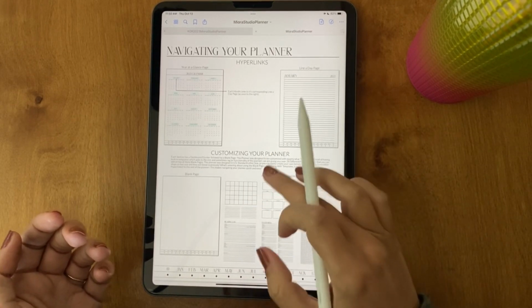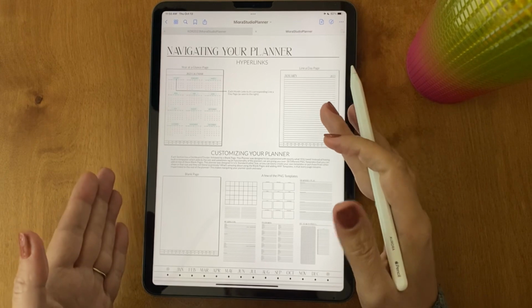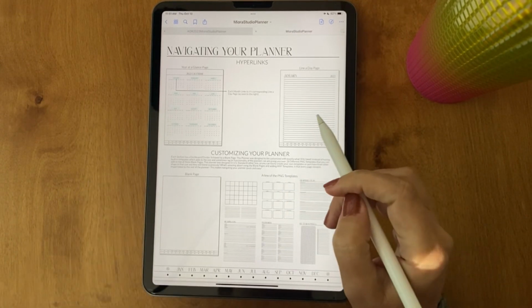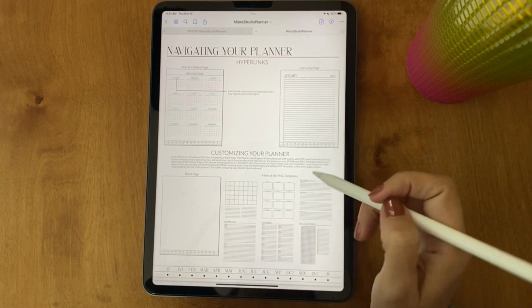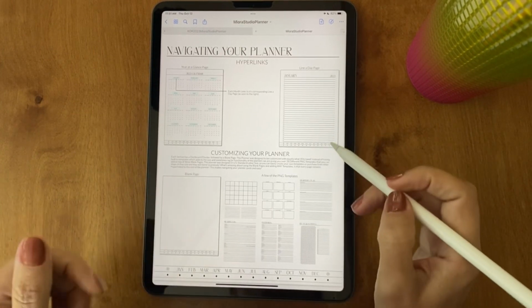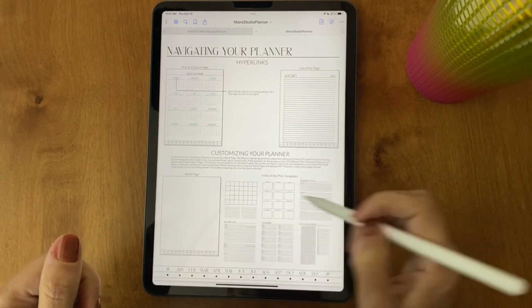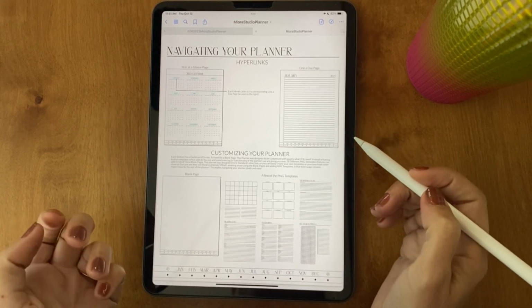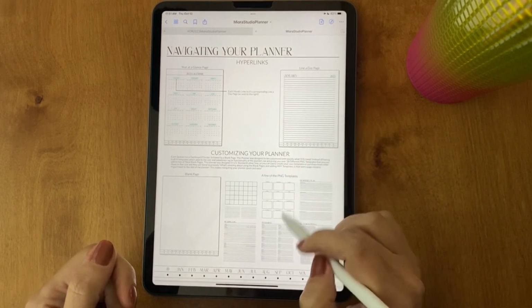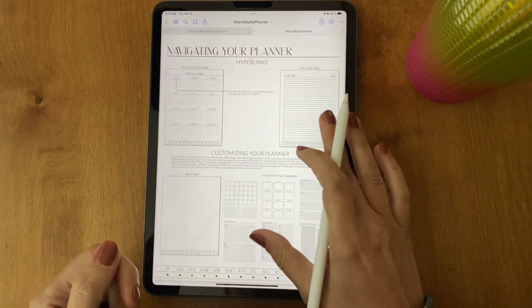Customizing your planner with the templates. You'll get a zip file of the PNG templates that we have included. Plus, it's super easy to make your own in Canva, a free app, any kind, or you buy them. You have another digital planner, even printables often will come with PNGs that you can add into your planner